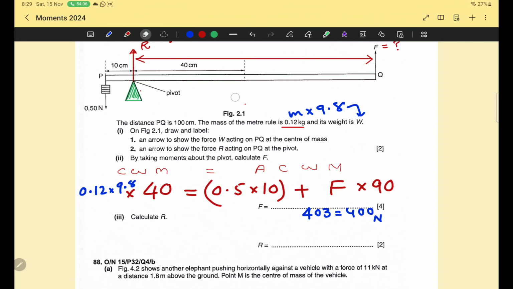So by taking clockwise moment equal to anti-clockwise moment, we have calculated the force F, and now in the last part,